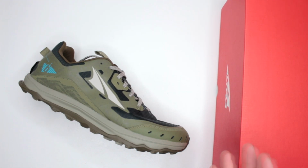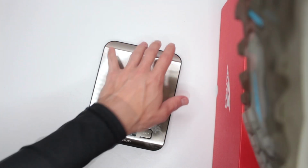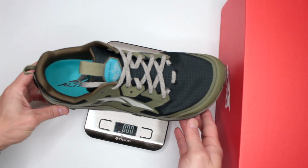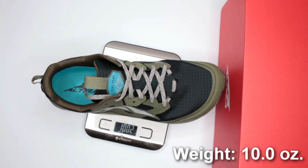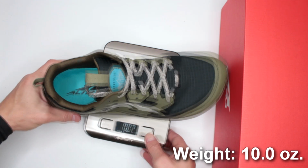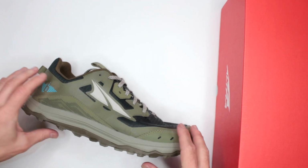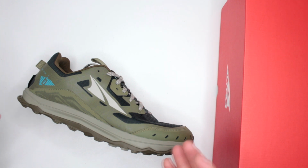Let's start from the factors that contribute to that comfort level. The first one would of course be the weight, and this is size 10, and size 10 is, oh yeah, 10 ounce. Excellent weight. Excellent weight, especially considering the outsole, the quality of the outsole, because usually with the quality outsole